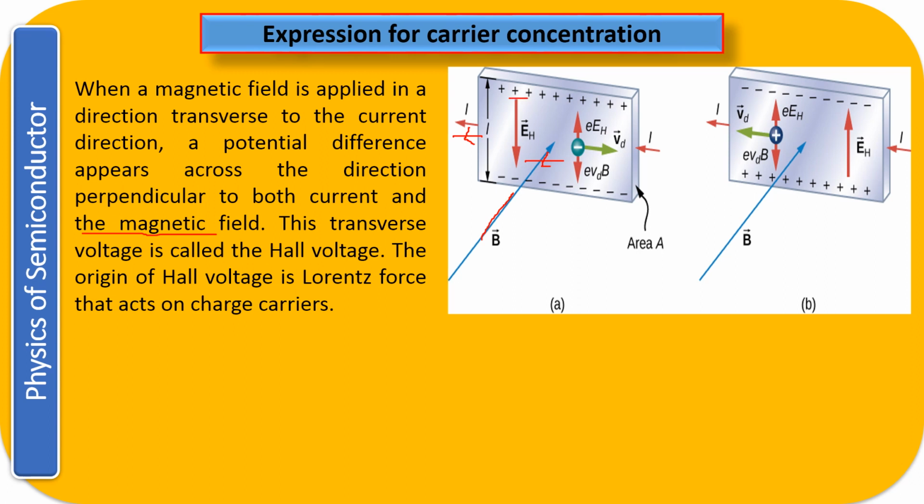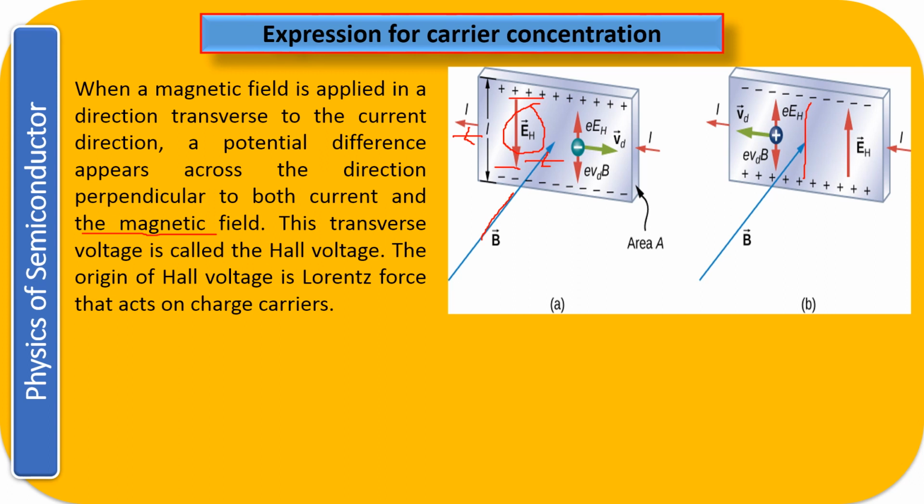The positive charge has gone to one end because of the magnetic field that we have applied, and the negative charge, the electron, has gone to the other end. So naturally an electric field is going to develop. The direction of the electric field is always from positive to negative charge. This is the value of the electric field that has been developed across this. Similarly, if we take the other type of semiconductor, that is the p type, then again the electrons will go on one side and holes will come on the other side, as you can see in this diagram. So here the direction of the electric field is from positive to negative. This is the direction of your electric field.